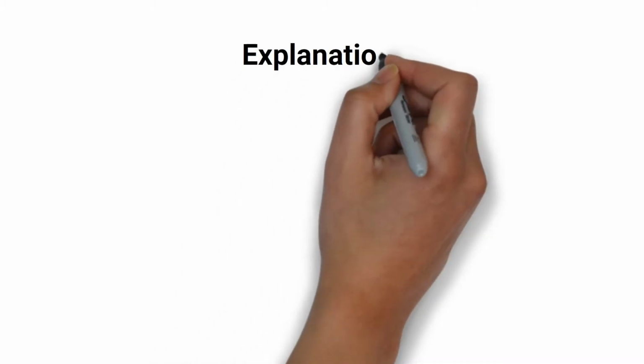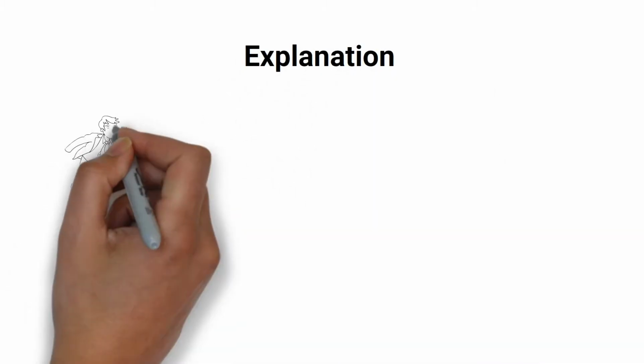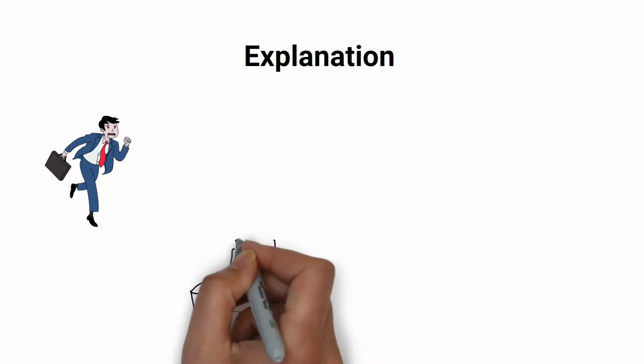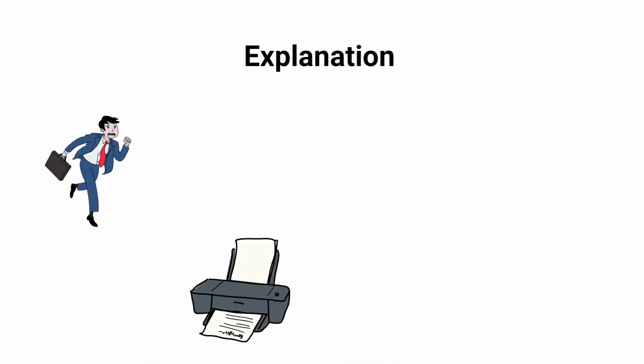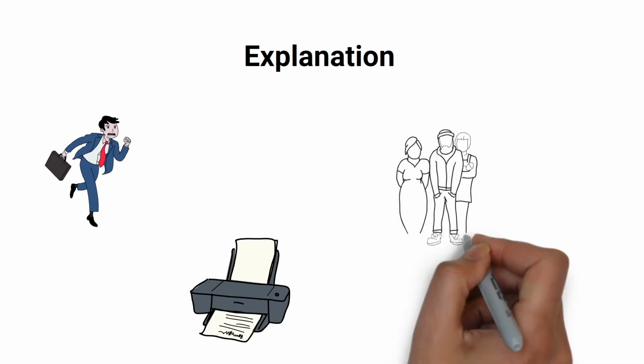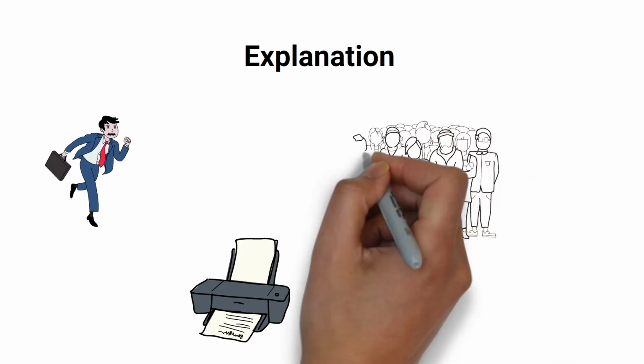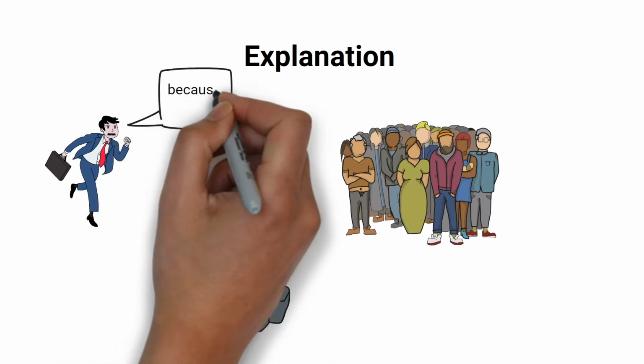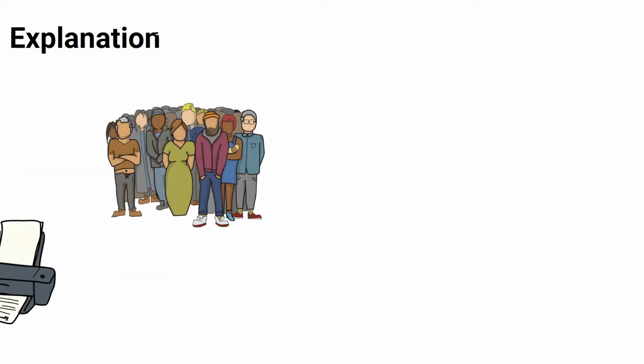First way, explanation. Imagine that you do not have time for work, but you still need to print a couple of documents, but there is a long queue in front of you. Research has shown that if you ask, "Can you let me go ahead because I'll be late for work?" then you are much more likely to be allowed forward. But if you ask to be let through like this, then the chance will be much less.